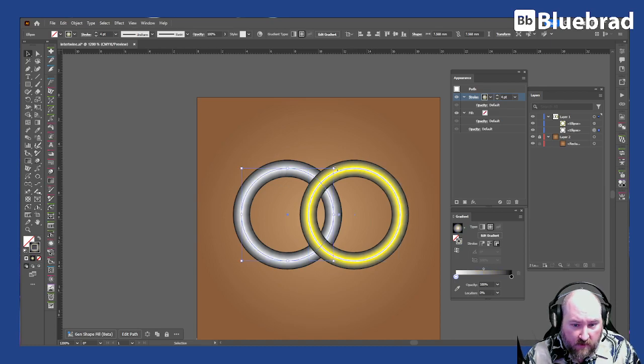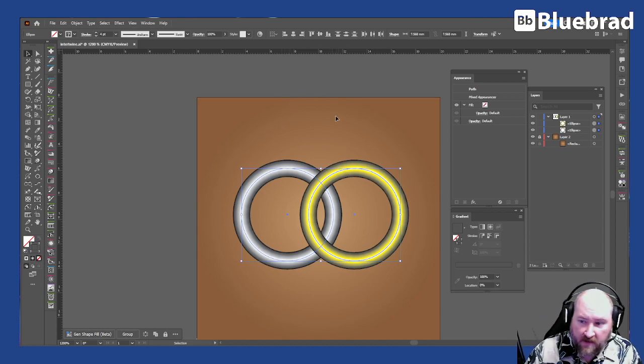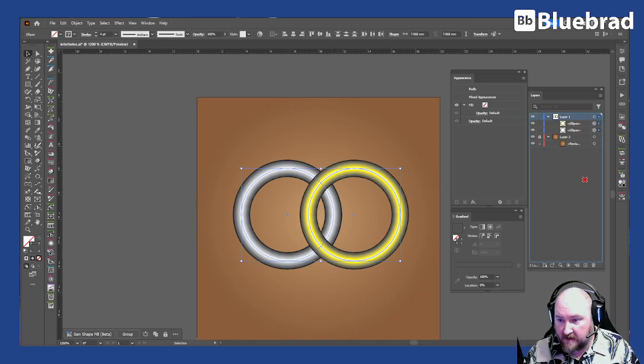Now, I don't want these effects to interfere with the actual shadow, so I'm going to go ahead and select these. Then I'm going to duplicate my layer, so I have my originals, turn off the original. Then in there, I'm going to go Object,